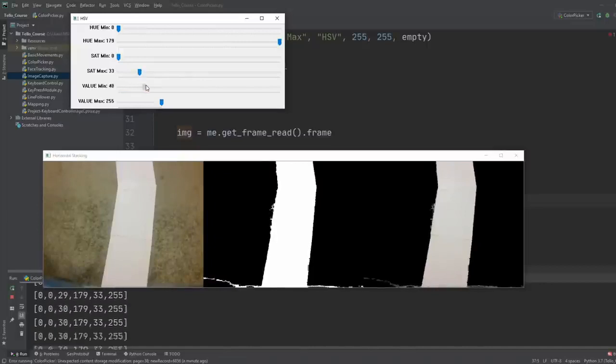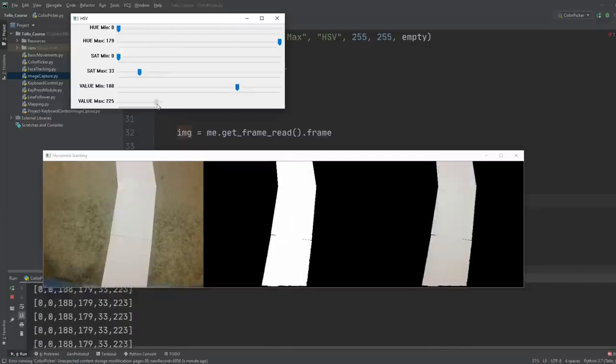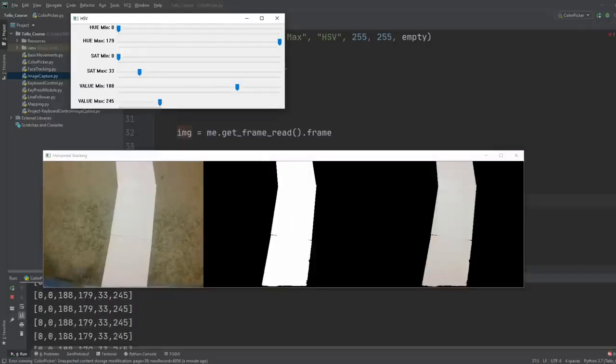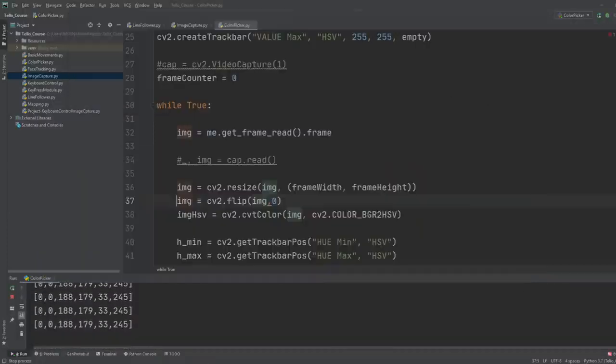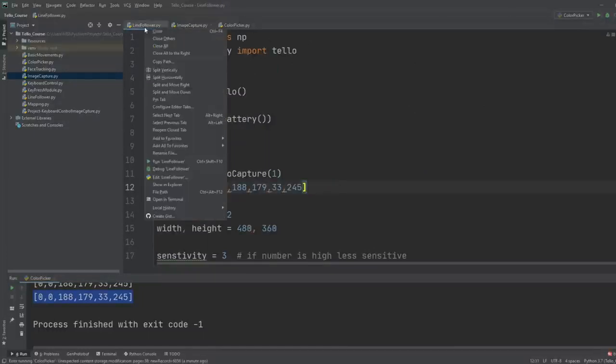Can add a little bit of this. There you go, and then maybe a little bit of this. Okay, so these are the values that we have found and it should be fine. So we can stop it, we can copy it from here and we can go to the line follower and we can paste it in the HSV over here. And if we run this now,